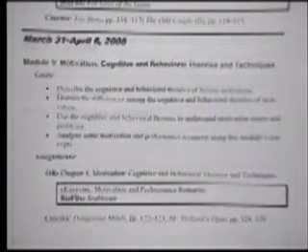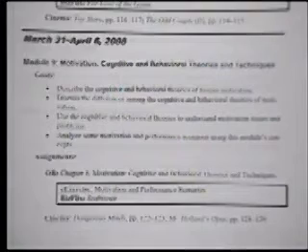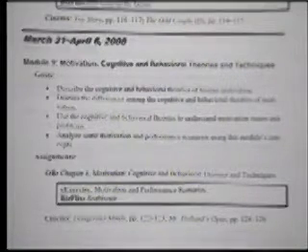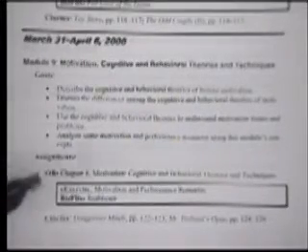Then, next week, we go to Module 9, and here we have what are called the cognitive and behavioral theories and techniques. In this area, we're going to take a look at some fairly well-established and well-developed sets of ideas that I'm going to ask us to use in an analytical way. Analytically with film scenes, and analytically on ourselves with the E-exercise associated with the chapter, or with the module. And that